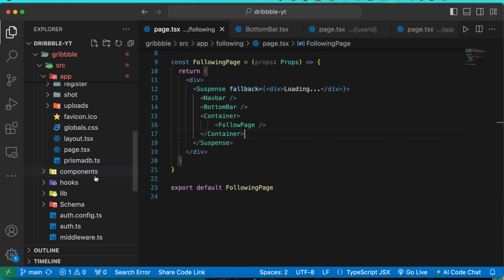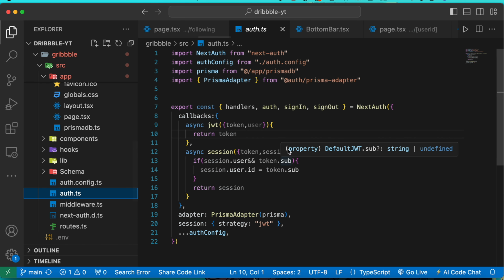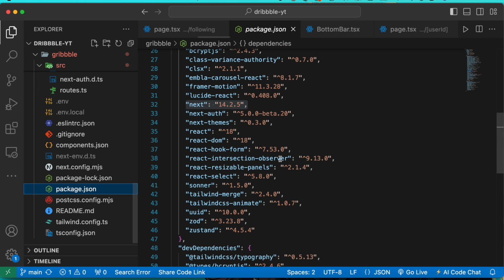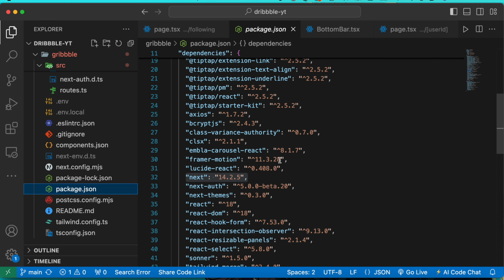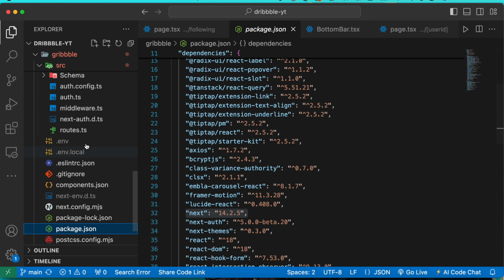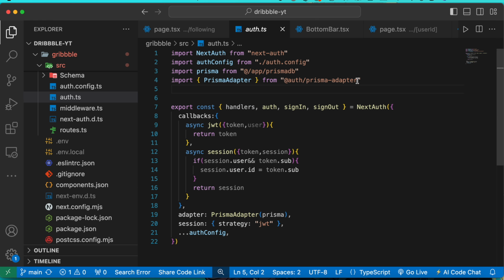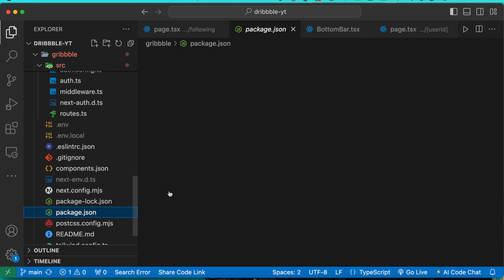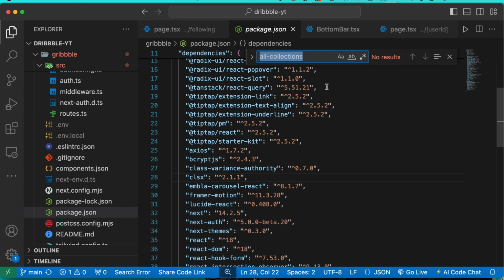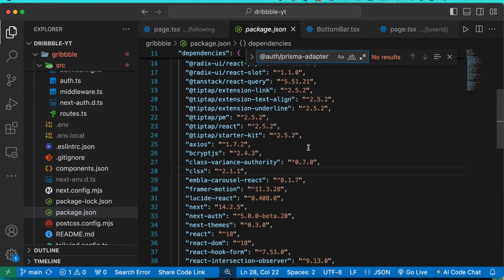Let's go over here in the auth.ts, and I think this should also be inside package.json. So I'm just going to copy this and find it here. Okay, we do not have that,